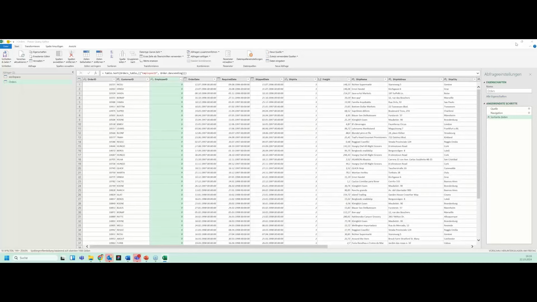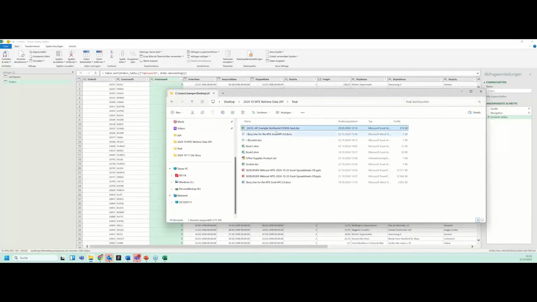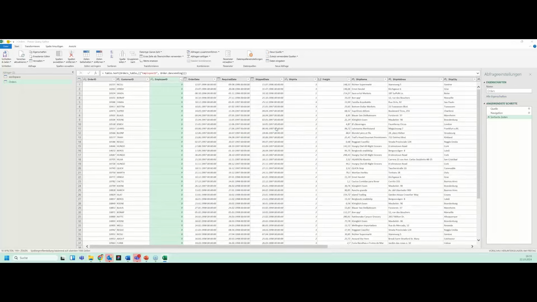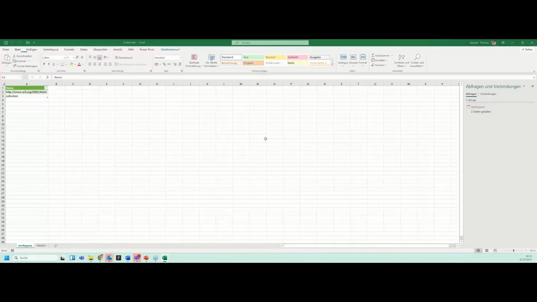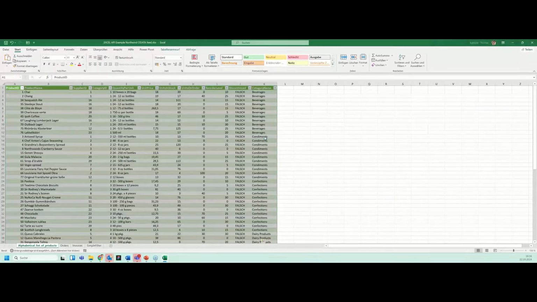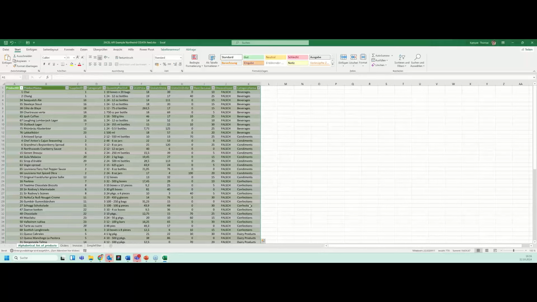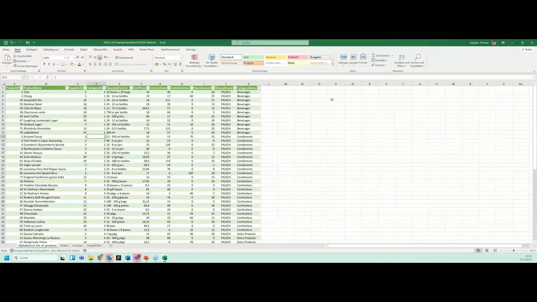So let me go back here. I would like to have this Excel sheet just to show you. I have to close this, otherwise it will not open the other Excel sheet. Now it does. So I have prepared this, and just to make it a little bit nicer,